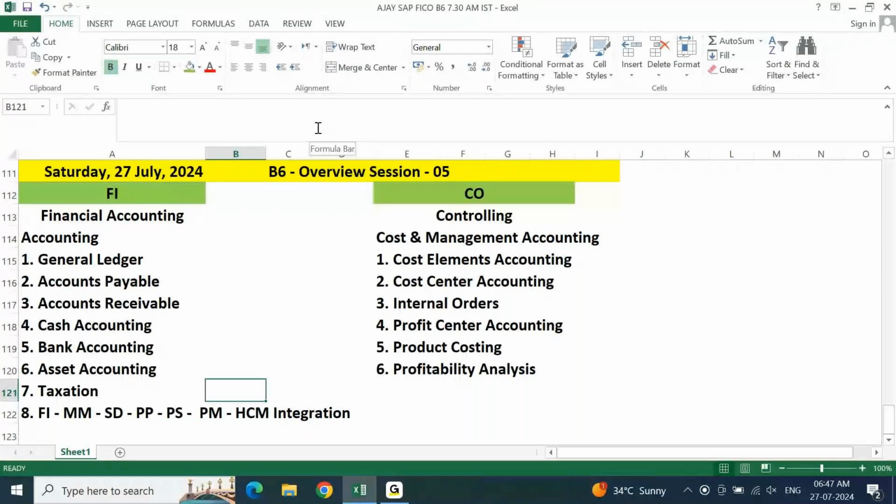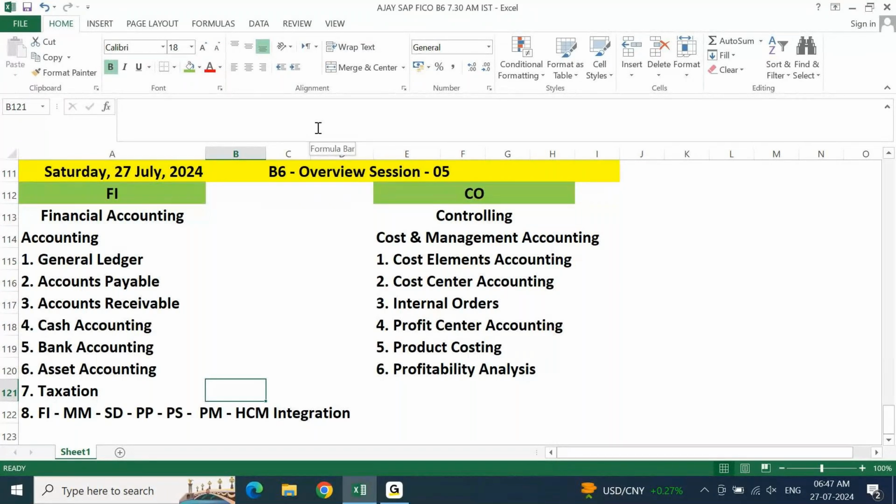You don't have to be thorough with all the submodules. Even if you are thorough with at least 60 to 70% of the modules, it is sufficient. For the remaining modules, you need to have a basic high level understanding. When I say basic high level understanding, if somebody is asking what do you mean by GL, don't say that I do not know because I have not worked on GL. Instead, you should talk about something related to the GL module, functionalities of GL, how GL is used in any organization, what you will do as a consultant.